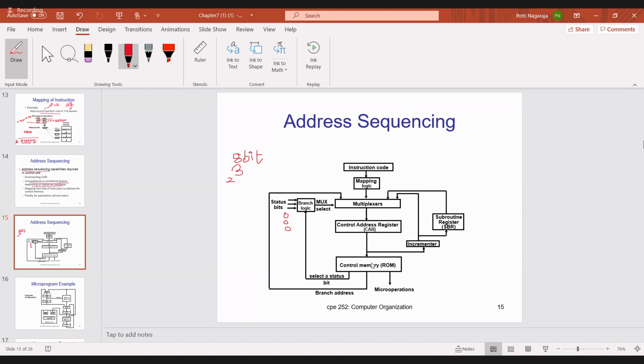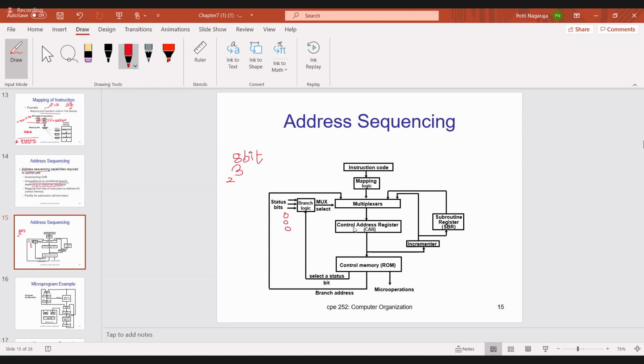Are you understanding? The 4 inputs are 4 different addresses, but at a time we select only one address based on the selection lines, and that output is given to the control address register.